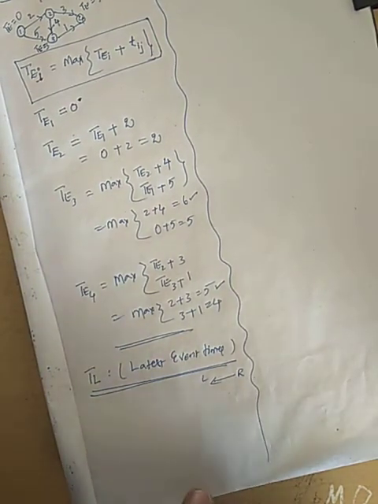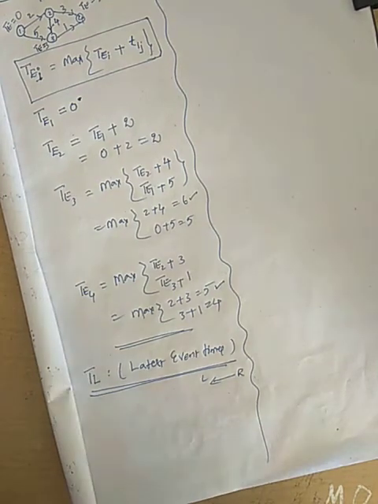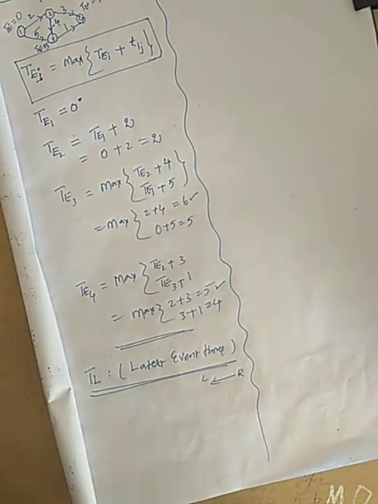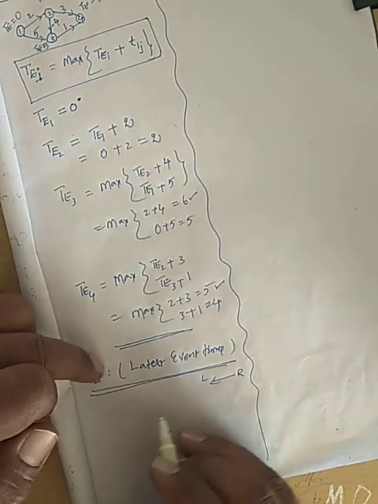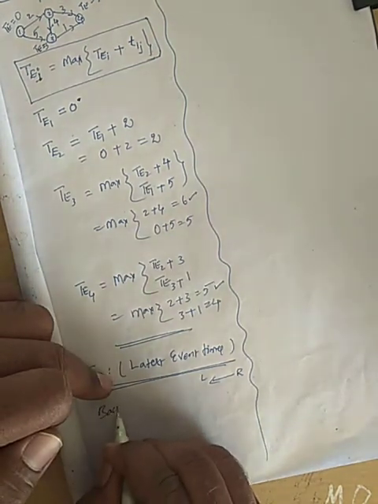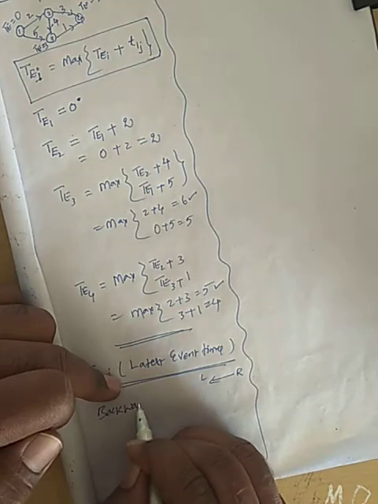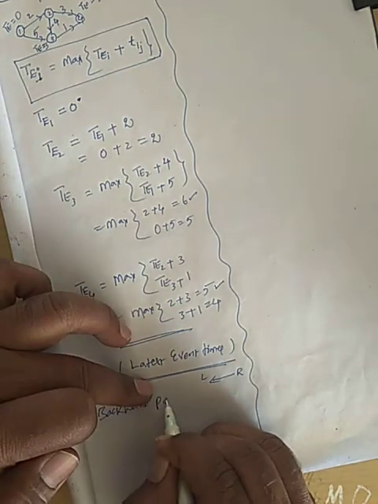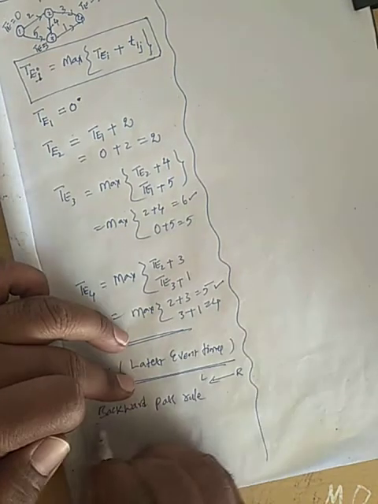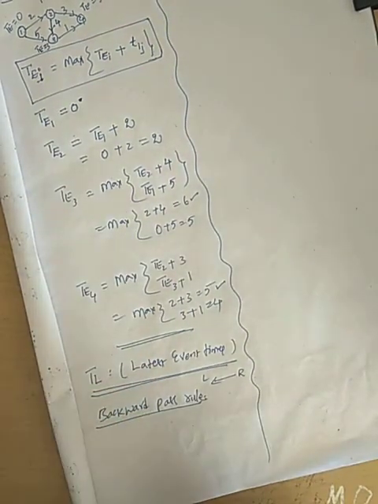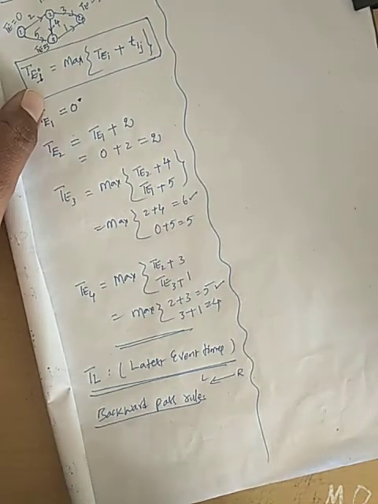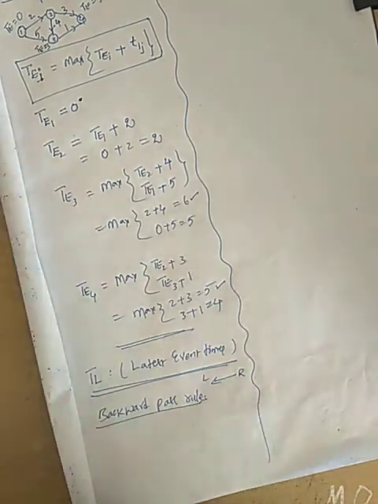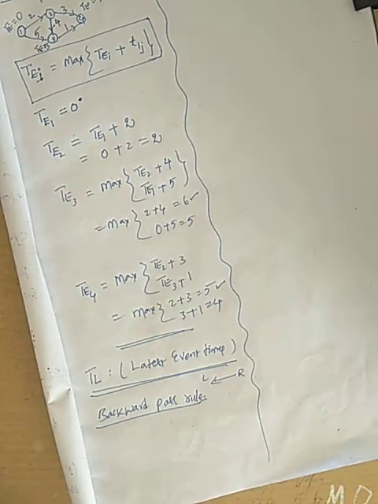Now we are calculating TL values. What is the direction we are moving? From right to left, that is from end event to beginning event. What is the method you call this? This method you call the backward pass rule. Okay. We will start from the end. Now again the same network I am taking. So here we are mentioning all the information in reverse order.